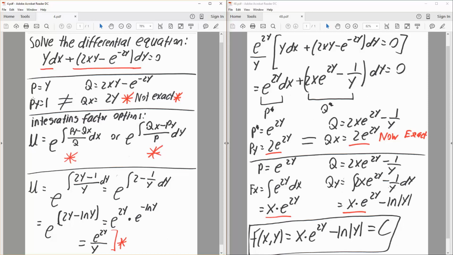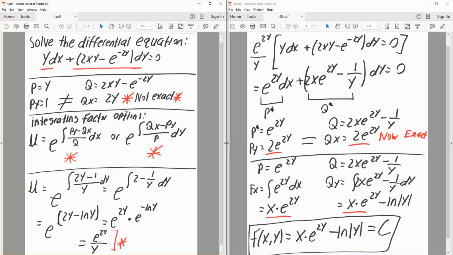Now we take the partial derivative of P in terms of y. So this would be 1. And now we take the partial derivative of Q in terms of x. So this would be 2y. And since we're taking the partial derivative in terms of x, y is treated as a constant. So we would get 2y. Since Py does not equal Qx, therefore it's not exact, and we have to use an integrating factor